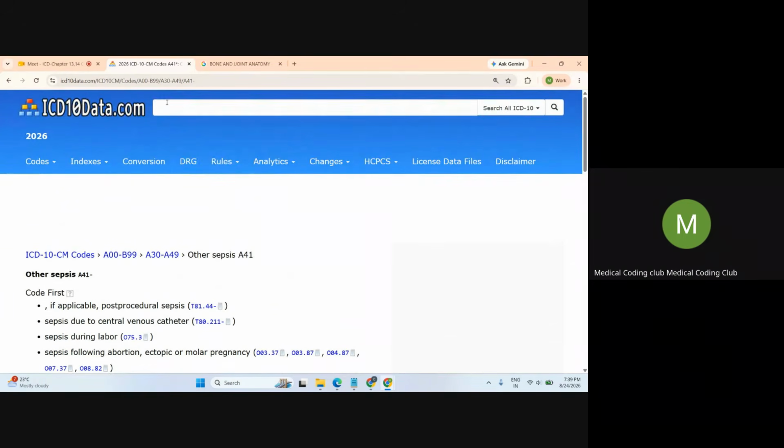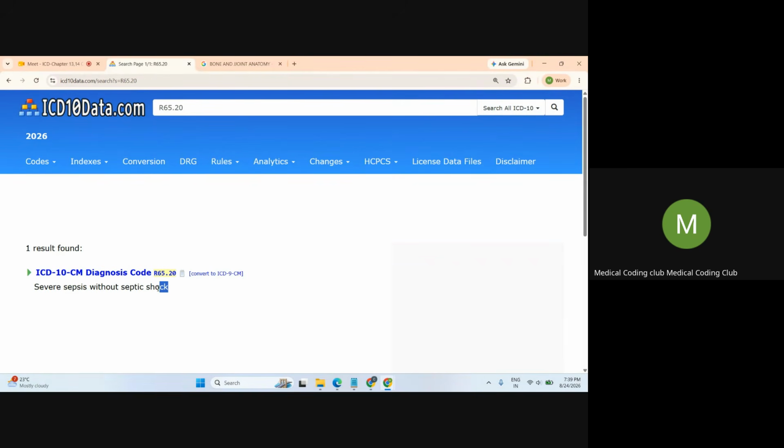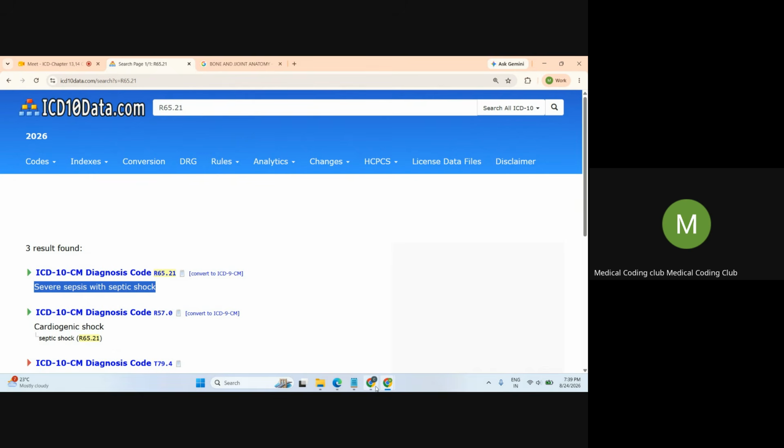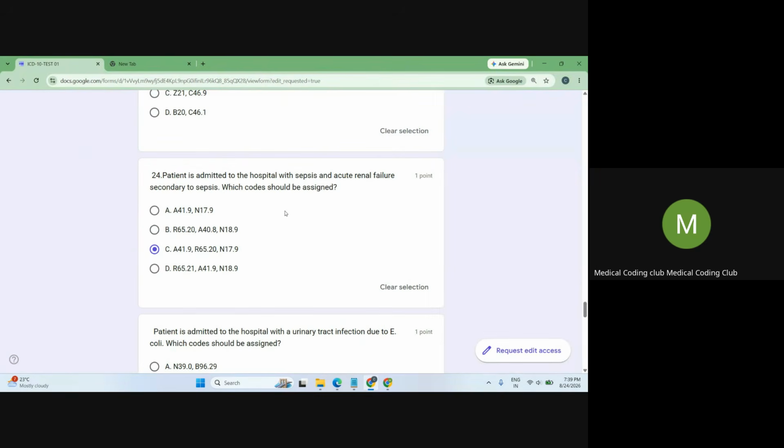Next is the severe sepsis code. R65.20 is the code which says severe sepsis without septic shock. If you had information about septic shock, then instead of coding R65.20, you would have coded R65.21, severe sepsis with septic shock. Okay. So in our question, there is no septic shock. So you just have to code R65.20 and then the